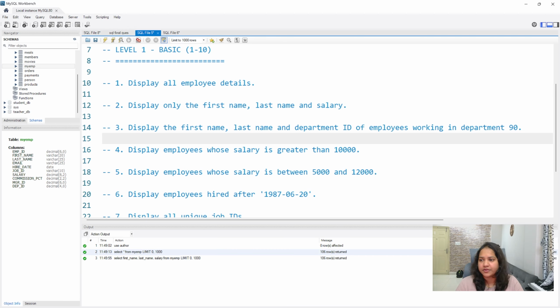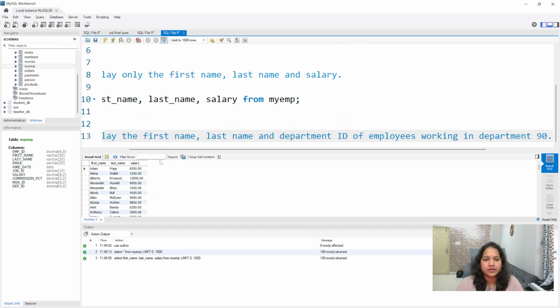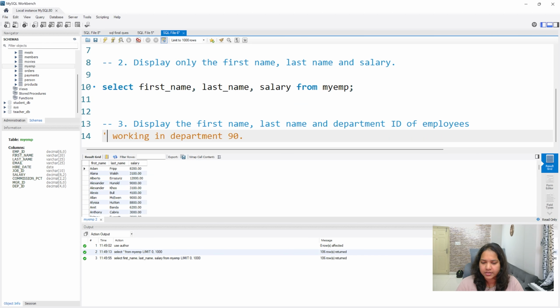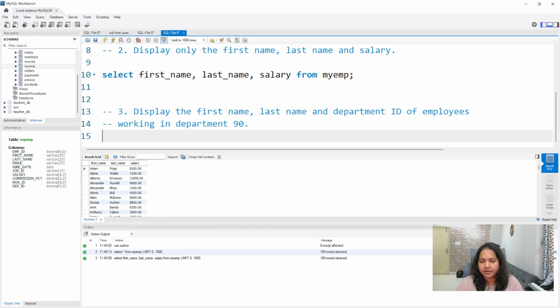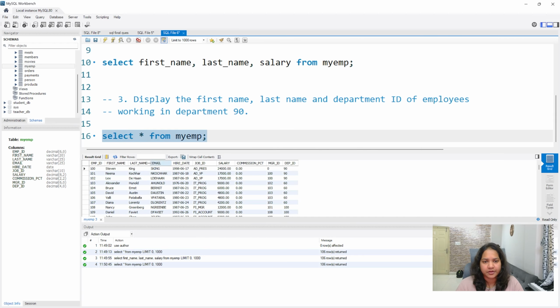Okay, now the third question. Display the first name, last name and department ID of the employees working in department 90. If you take the MyEMP table again and run this, you can see that this is the table. From this, take the first name, last name and department ID of the employees.